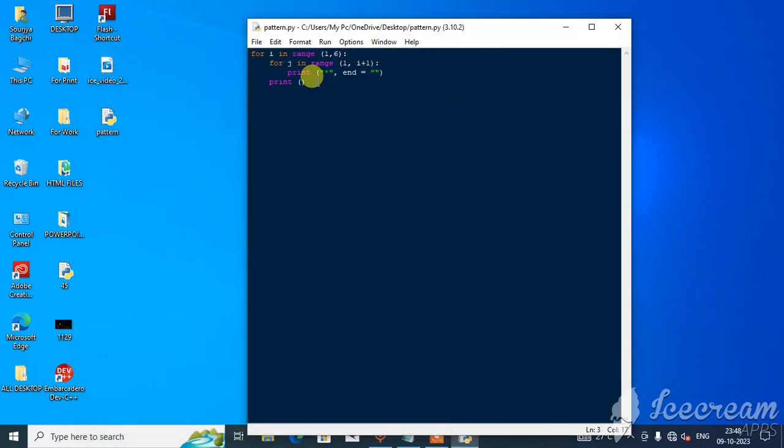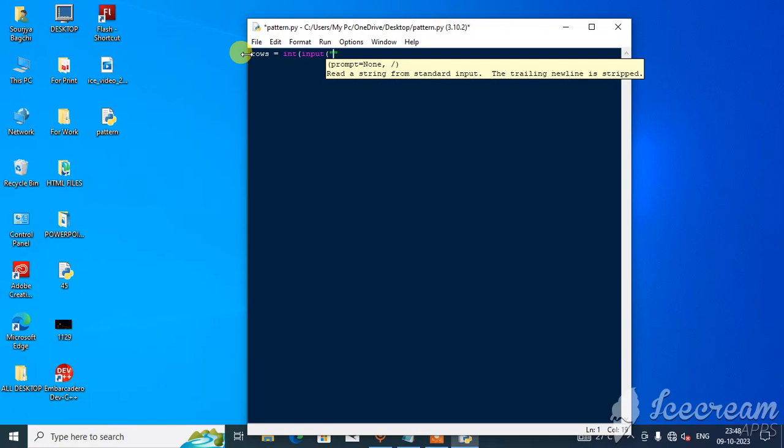It is predefined. So what about user defined, that is user input? So I will make a variable rows which is equal to int bracket input parenthesis double quotes, enter the number of